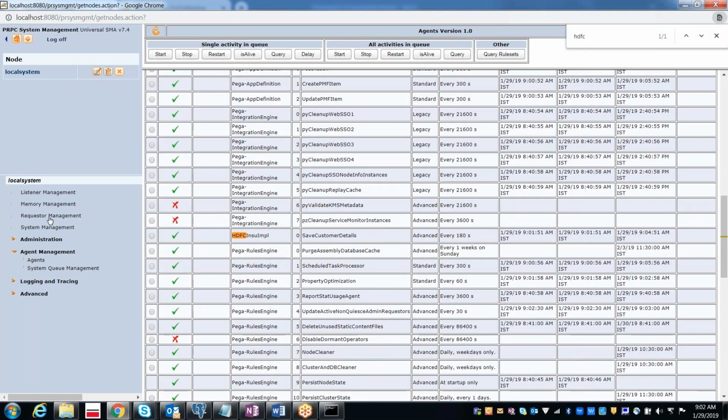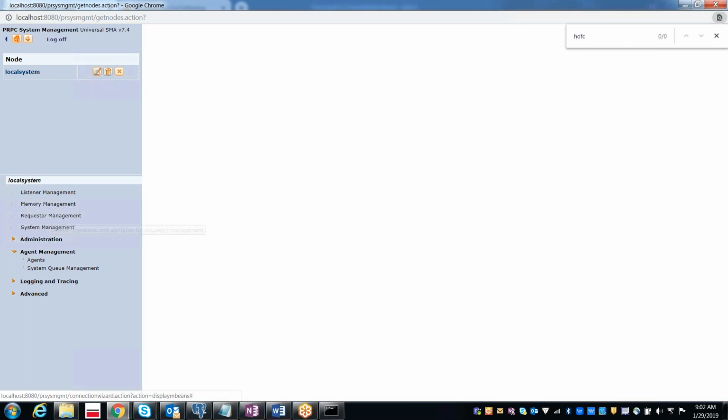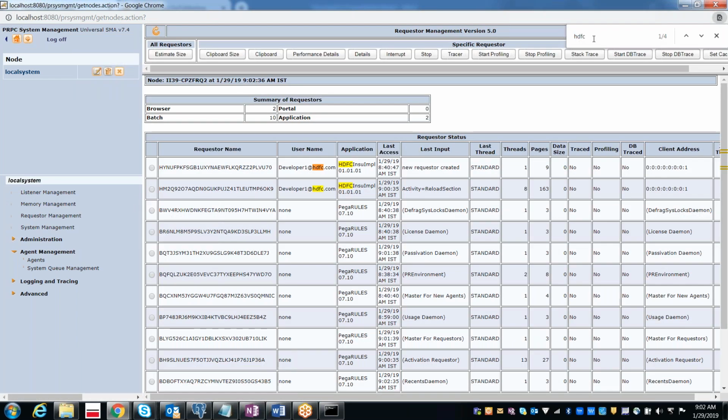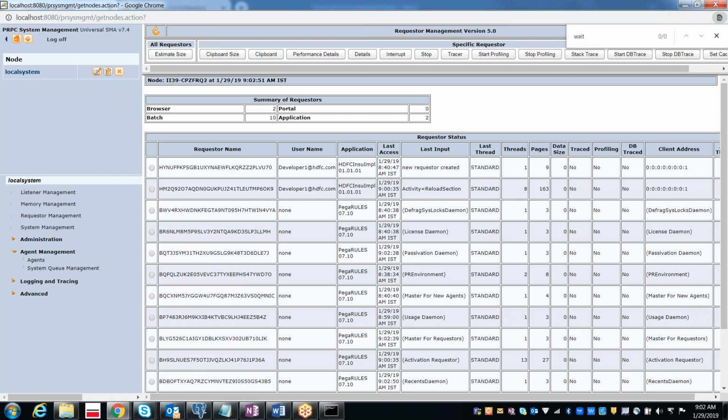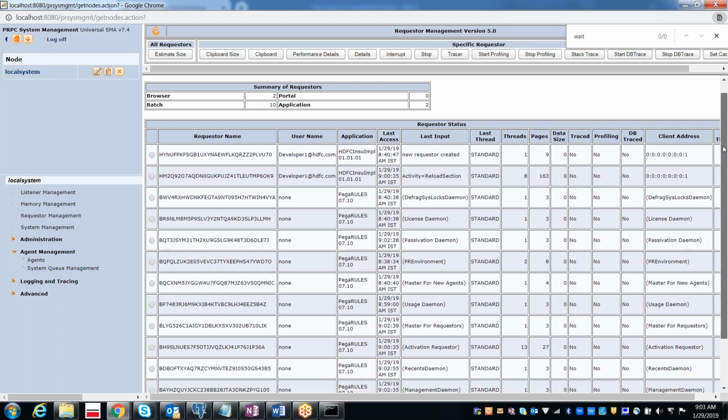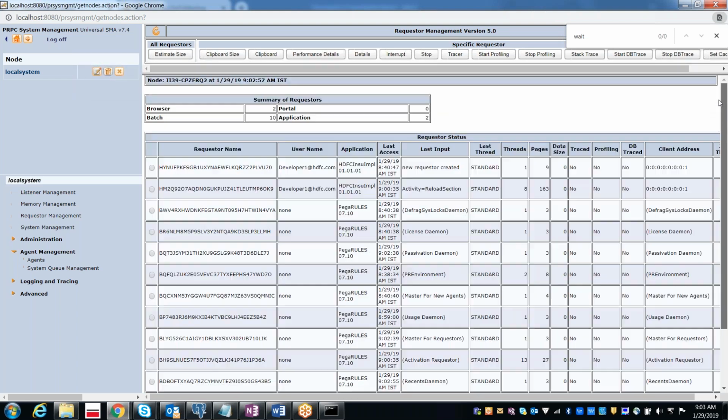Once you delay it and go to the requester main element, you will see something there. Until you see it here, you need to keep refreshing.